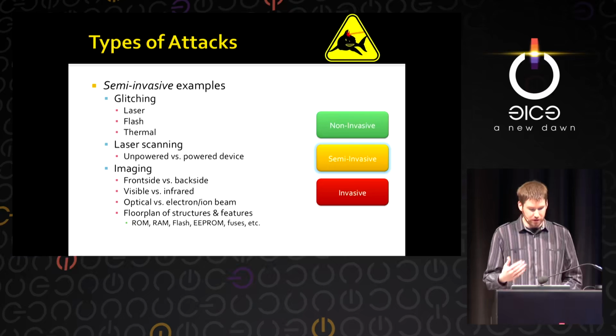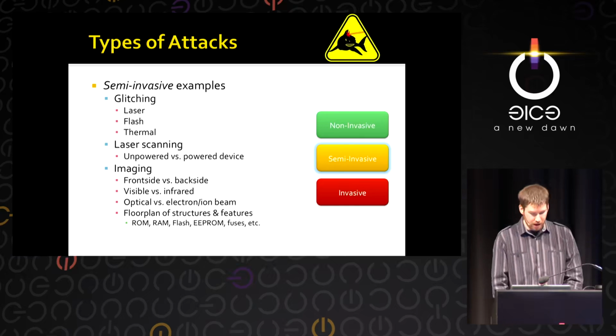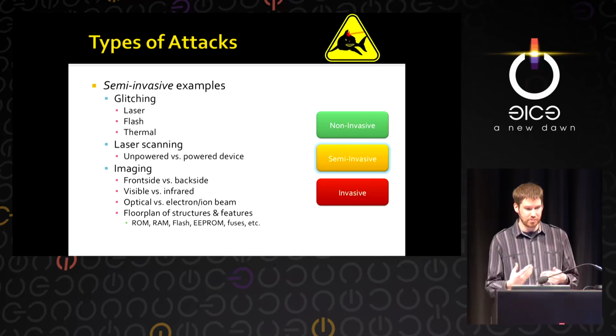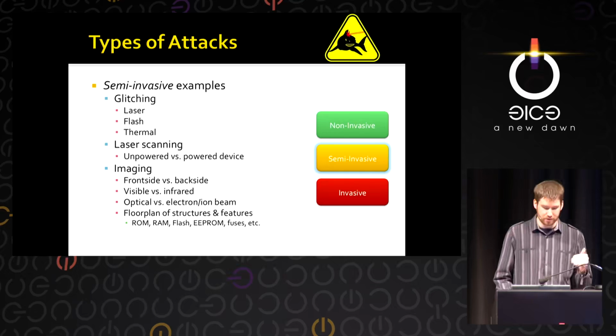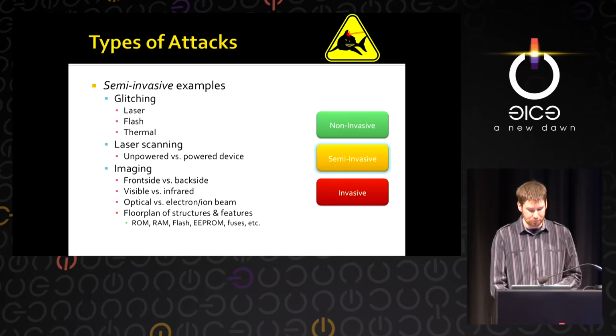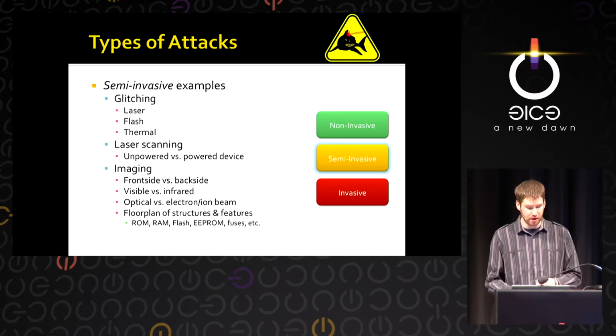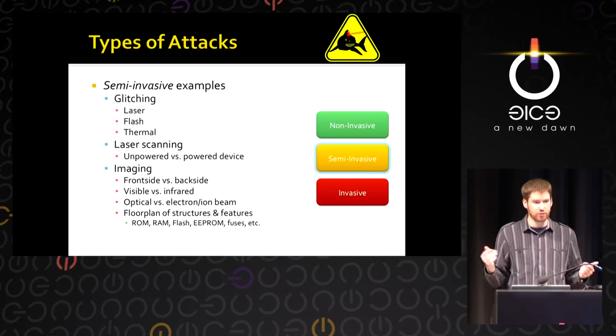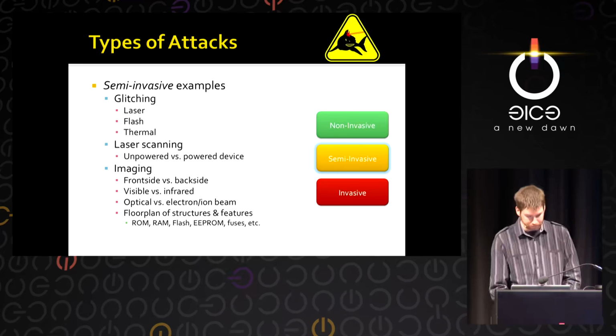So another type of example is laser scanning. You can do it with the device being unpowered or powered. When it's unpowered, you basically have an optical beam inducing a current flow in the chip, which will change the current signature, like the power consumption signature. And if the device is powered on, your optical beam can cause a measurable voltage change in the output of the transistor, or the bus that the transistor is connected to. So it may be possible to do things like read out memory a bit at a time by watching the current consumption and then sweeping the beam across the different rows or columns of a memory, for example.